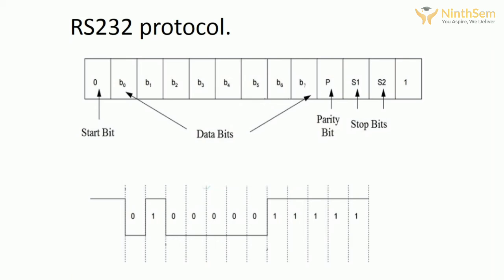So the transmission begins by sending a start bit 0. This is succeeded by 7 bits of ASCII data. ASCII data means all those data bits from B0 to B7. Then the parity bit is appended to this data for receiver validation. The data sent from the transmitter should match at the receiver. Finally the transmission is halted using a stop bit, and it is represented by the binary 1. Generally 1 or 2 stop bits can be sent.